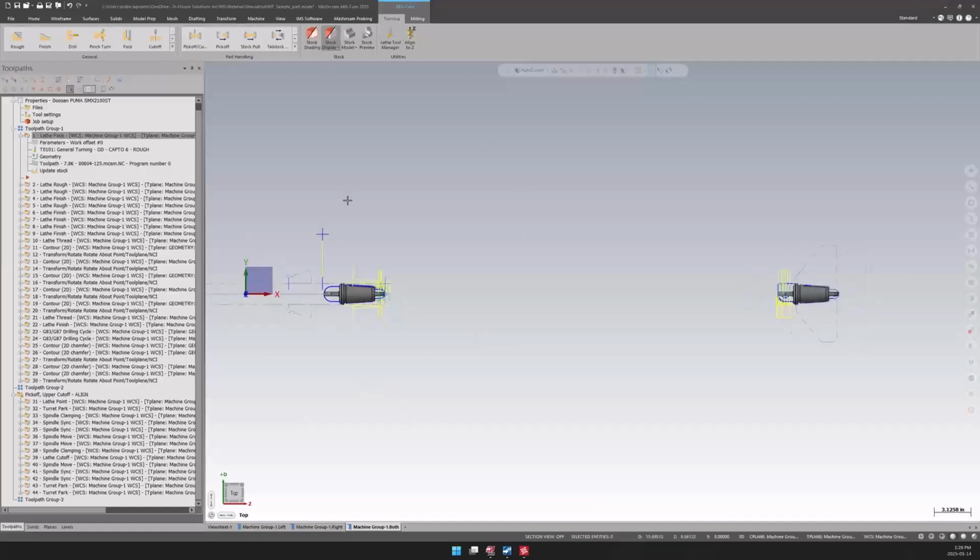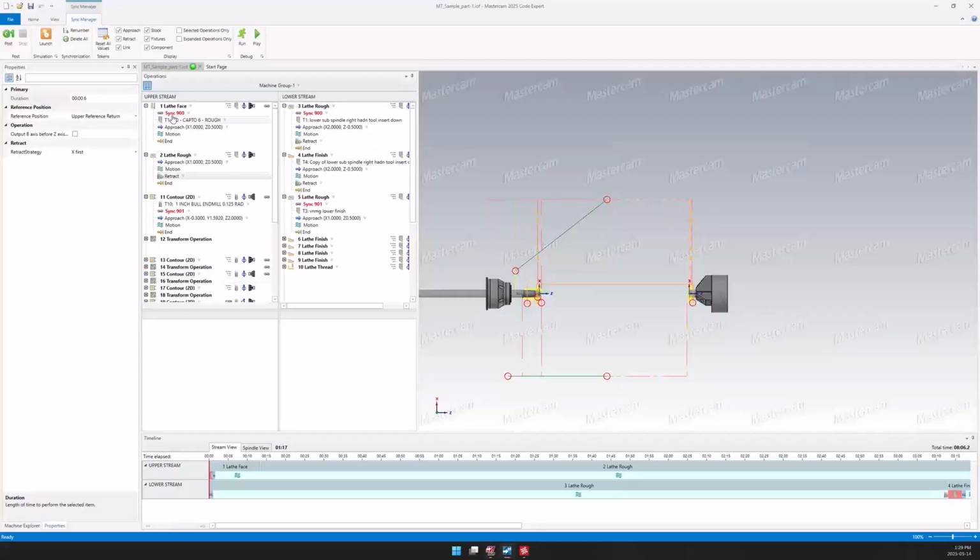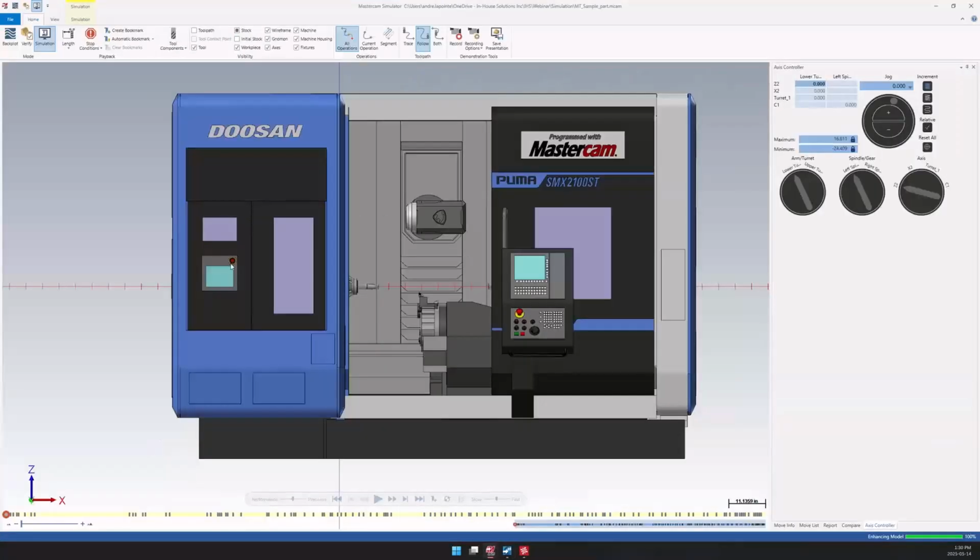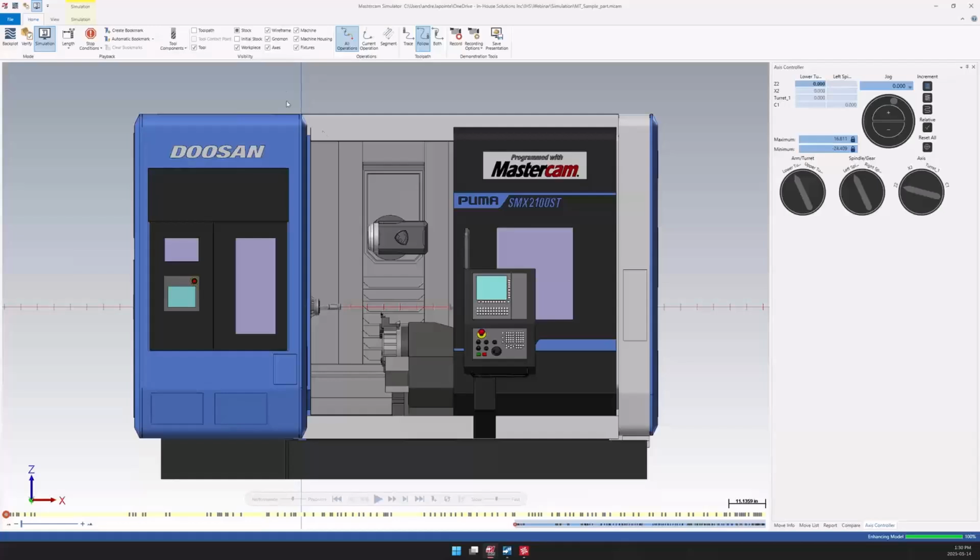But enough about those limitations. Let's jump into what is really interesting. So I have this part that I'm doing on both spindles. I have both upper and lower turret with a part transfer. So it's programmed. I just hit the post button here. It's going to jump into the Code Expert interface where I can synchronize my operations and decide which operation is going to be waiting for which others to be completed. And then I just hit the launch simulation here to get to the actual 3D simulation